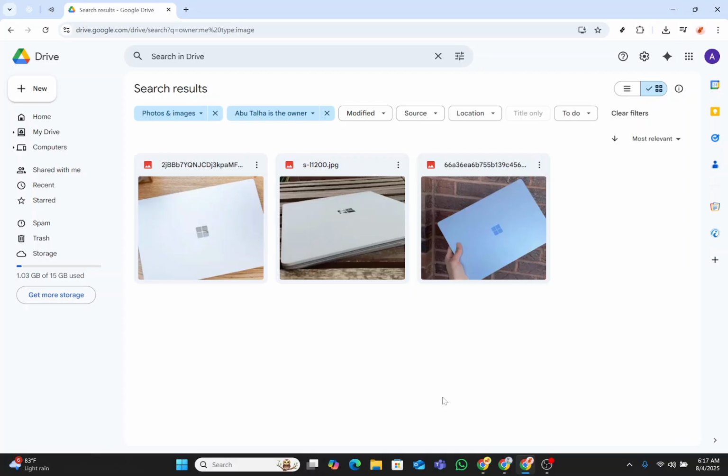By following these steps closely, you can easily uncover those hidden orphaned files and decide whether to delete them or organize them properly. Keeping your Google Drive organized